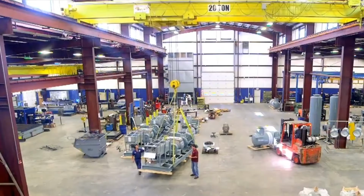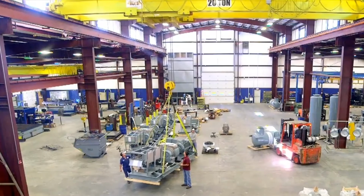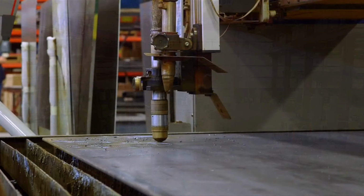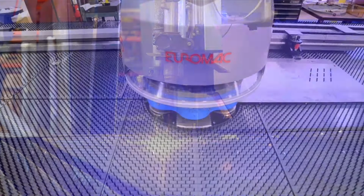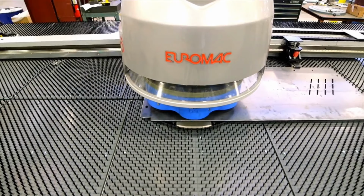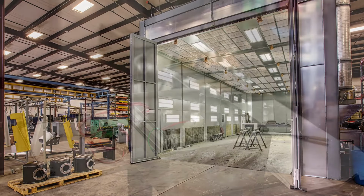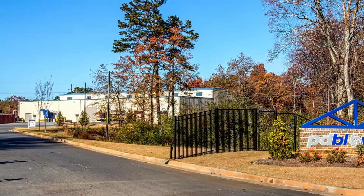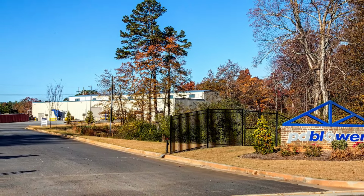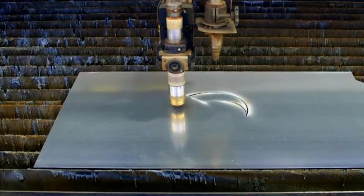Our toolbox includes large-scale material handling, MIG, TIG, and stick welding, high-definition plasma cutting, plate rolling, forming, CNC punching, a 60-foot industrial paint booth, and a UL-certified control panel shop. Our facility is located 45 minutes north of Atlanta in Gainesville, Georgia, and we would love to give you a tour. If you're ready to discuss your system needs,